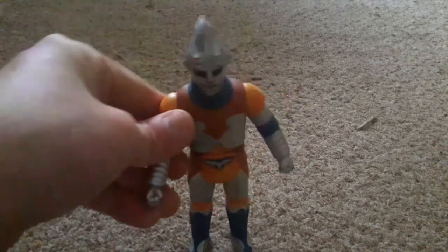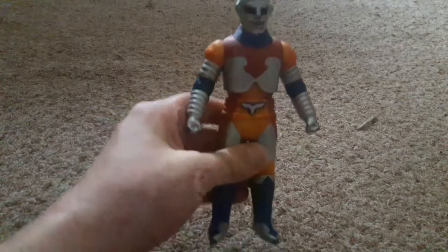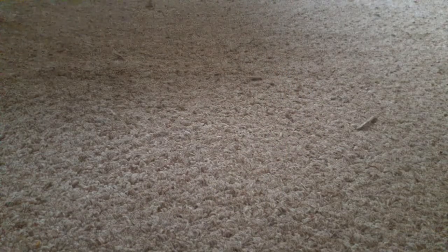You know, I actually like Jet Jaguar to some degree. They actually made him pretty badass in the video games. So I've had this for about 12 years. He's a really cool figure. I really like Jet Jaguar. So yeah. Okay, I don't think I got anything from 2008, unless it might have been